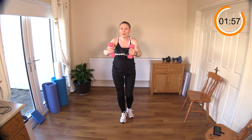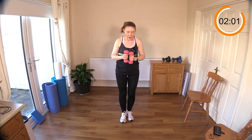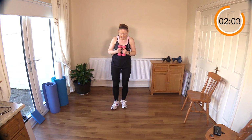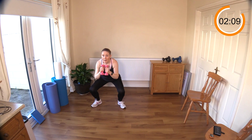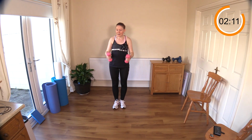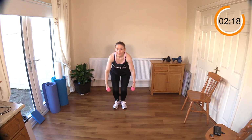10 seconds left. We have our narrow squat again. Remember that from round one. Into a regular squat. Okay, or box squat if you have issues squatting, just so that you keep your body moving too. So if you remember narrow, open the legs, and bring the weights up in front, because that's going to help a little bit of work for the biceps. Okay, so down we go. Weights up,